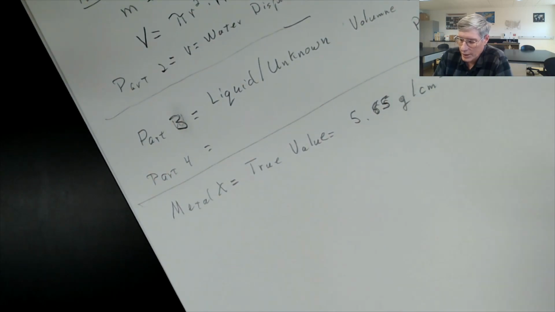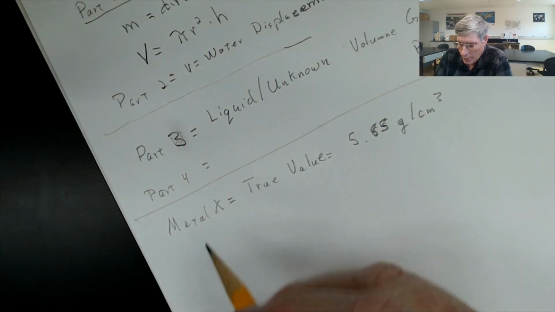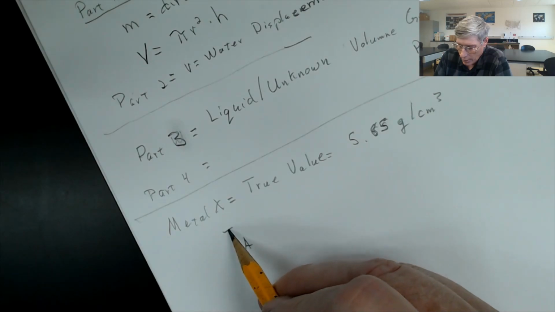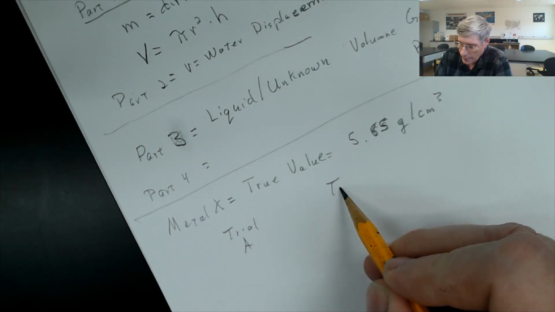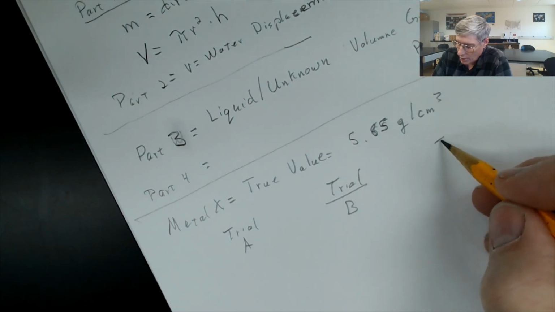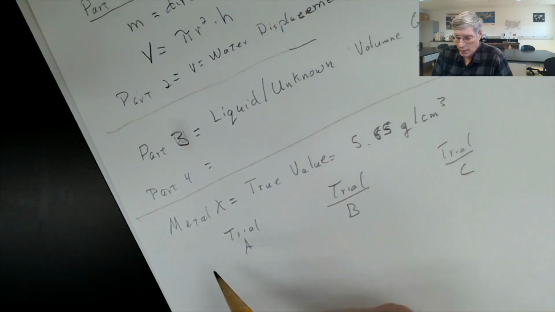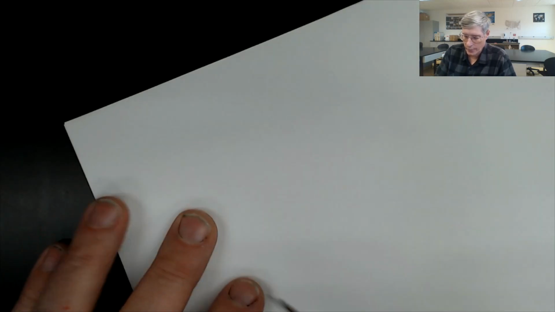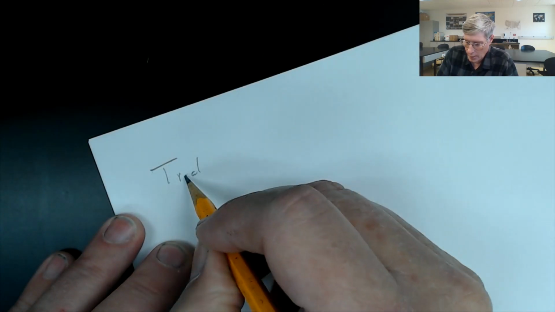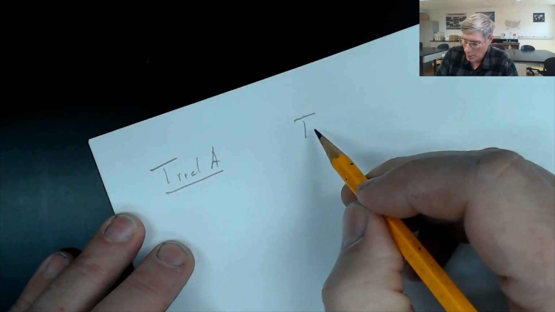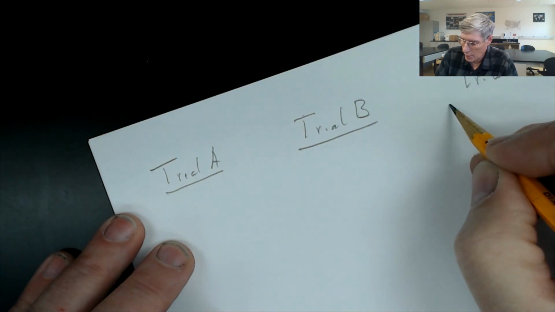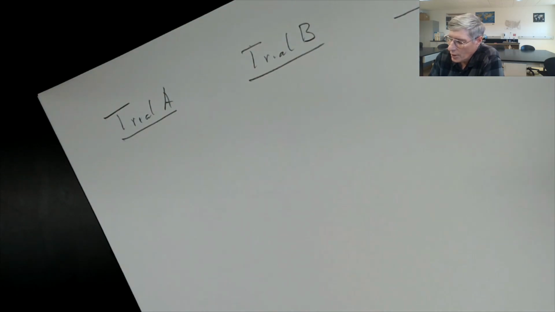Okay, so we did an experiment, and let's say in experiment part 2 we did 3 trials. So I'm going to call this trial A, trial B, and trial C. All right, I'm going to switch paper now. So give me 1 second. And we'll rewrite. Trial A, trial B, trial C. Okay, so you obtained your height and your length, and if we're doing part 2, we did water